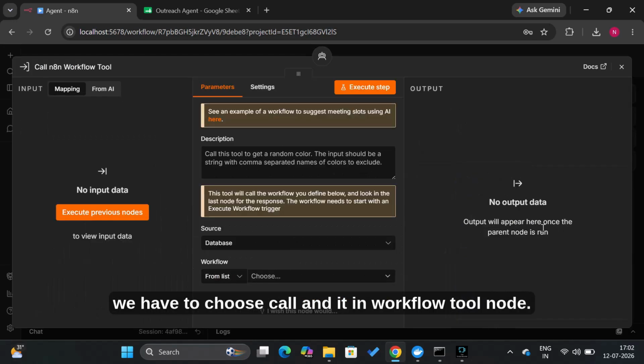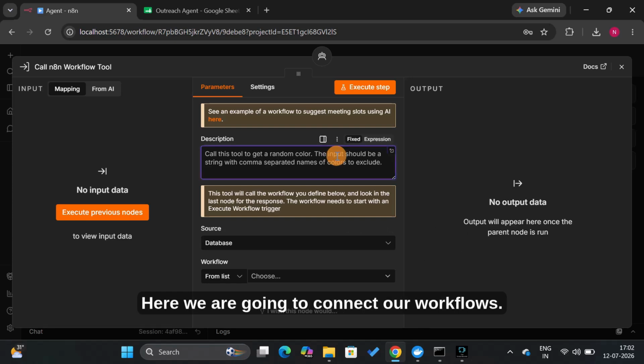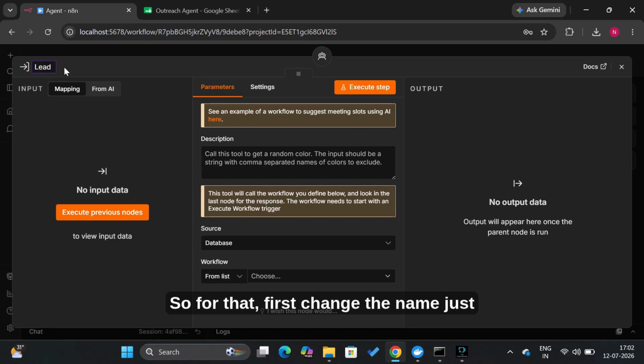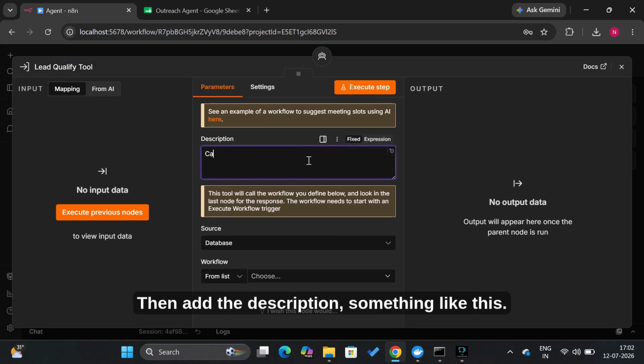For tools, we have to choose the Call n8n Workflow Tool node. Here we are going to connect our workflows. For that, first change the name just to make it much easier to recognize the node. Then add the description, something like this.